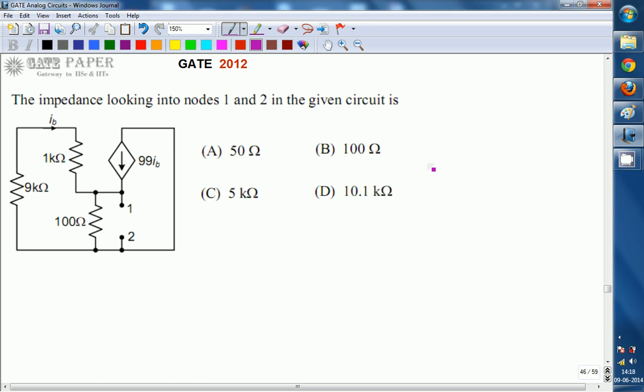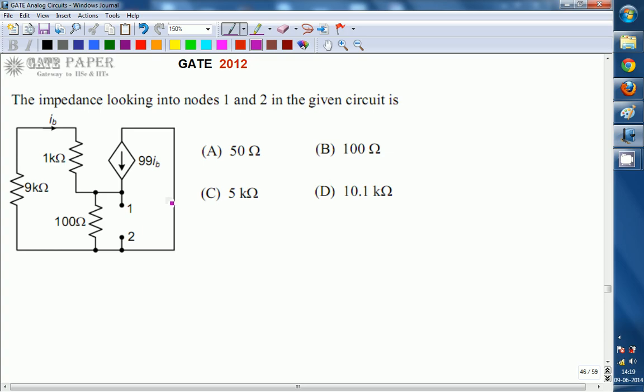Hello, we are discussing the GATE 2012 ECE paper, and this question is related to analog circuits. The impedance looking into nodes 1 and 2 in the given circuit is the impedance between nodes 1 and 2. For a given circuit, if you want to calculate the impedance between any two nodes, the general procedure is